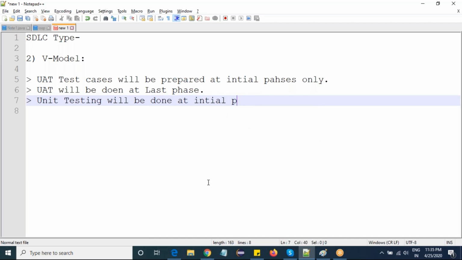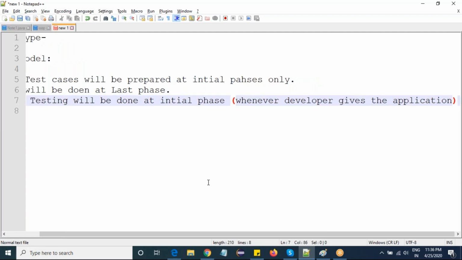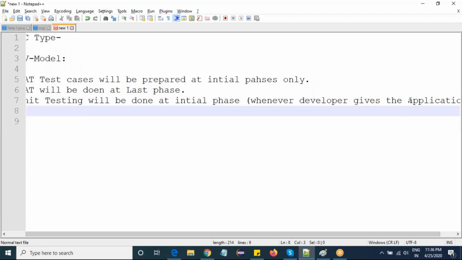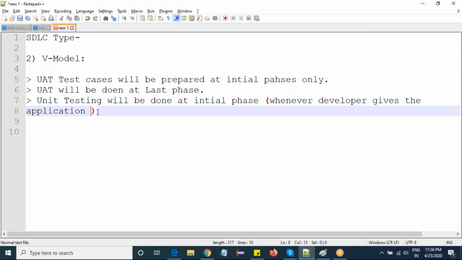Initial phase means whenever the developer gives the application to check.